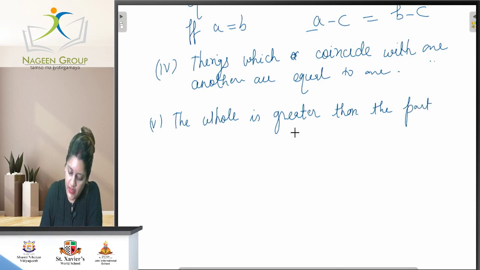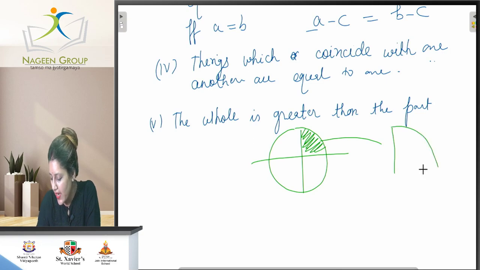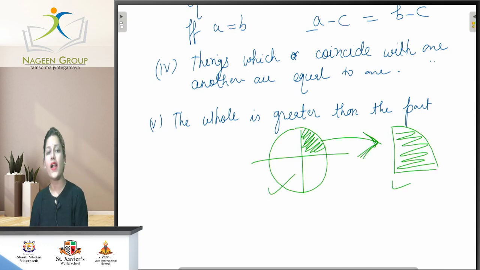It is written, this is a whole circle and a part is taken from it, like this one, a quadrant. So it is very well known that the part is always less than the whole. This is a whole circle and this is only a part, so it is usual knowledge that the part comes out of the whole. So the whole is always greater than the part of it.